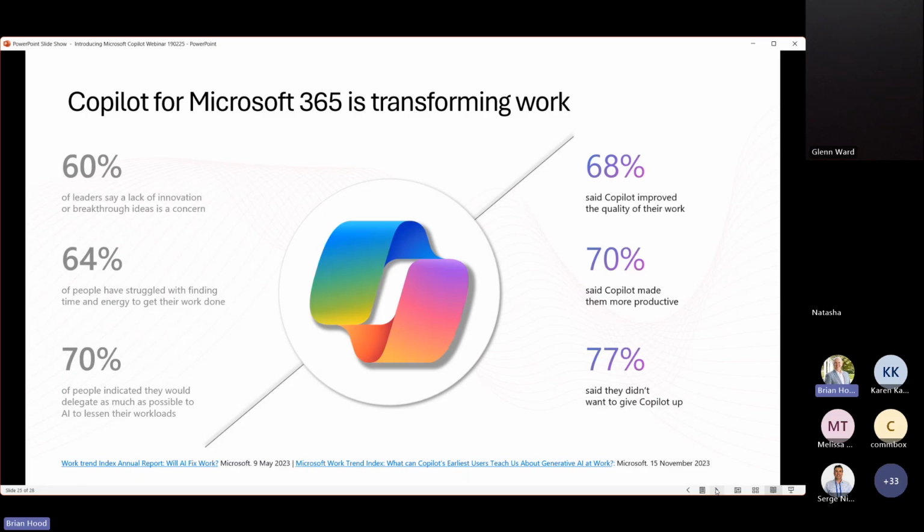So those people that have tried, and this is taken from 2023, so it's definitely improved since this information was provided. But most people that have used ChatGPT or Microsoft Copilot say they wouldn't want to give it up in terms of how they use it in their work environment.